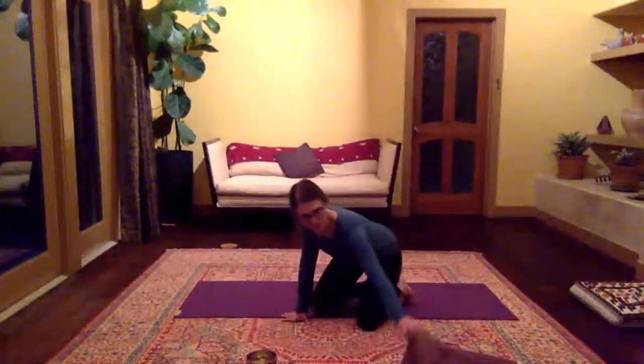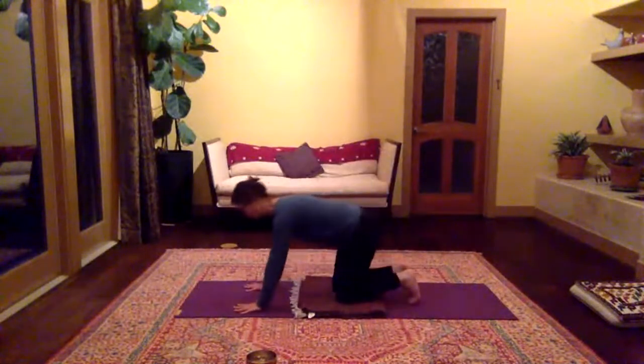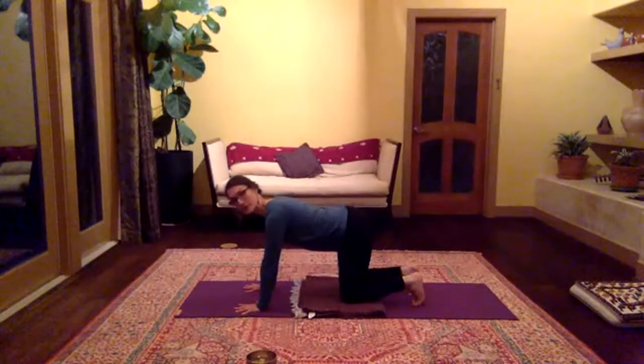The tabletop, and you can pad the knees if you're not on a rug like me. Spread the fingers really wide. And we'll press into the mat with the space in between the base of the pointer finger and the base of the,